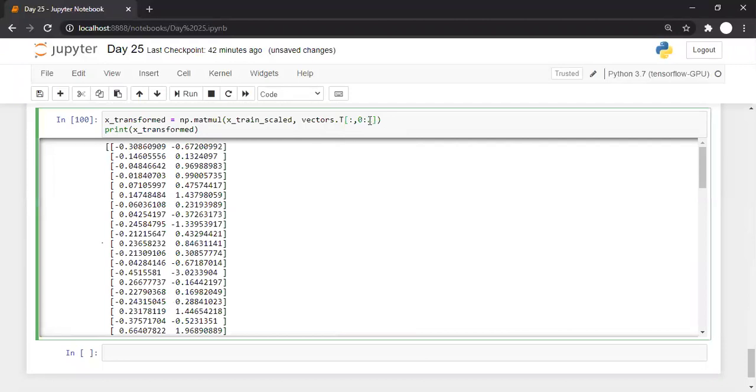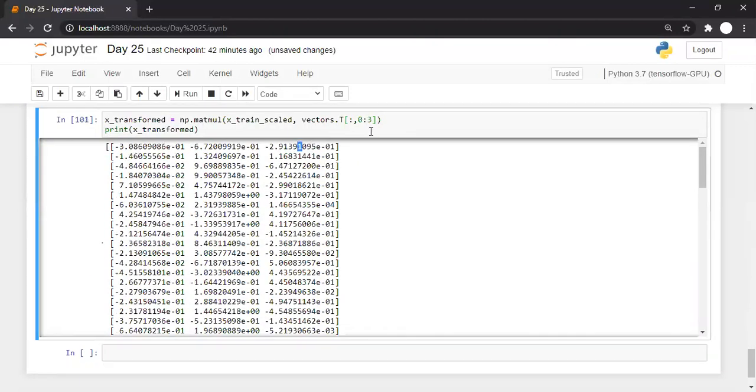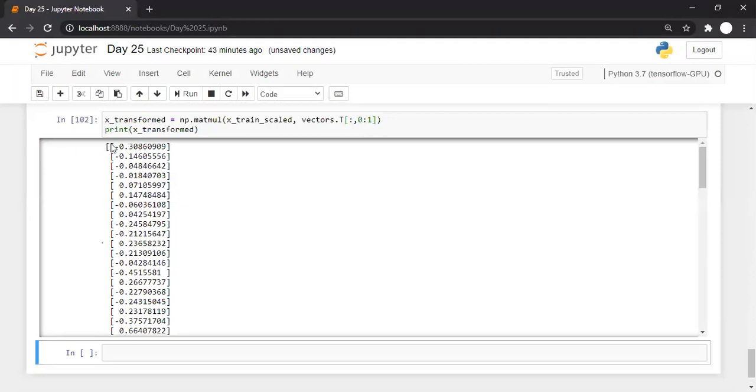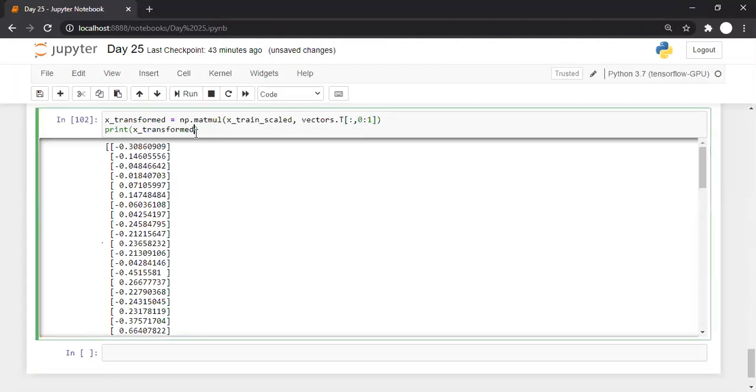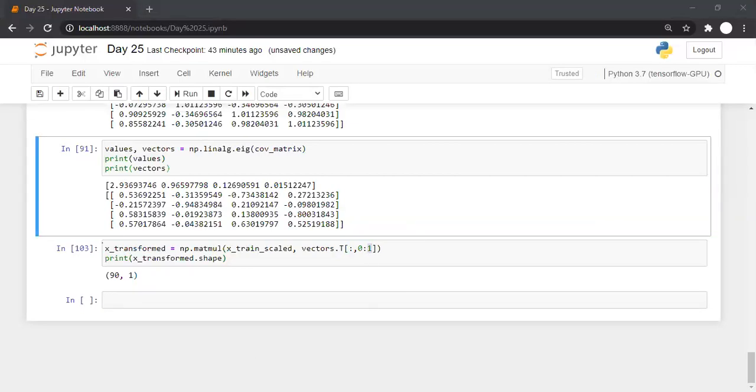If I want 3 most important components, I'll write 3. I'll get 3, 0th, first and second. And if I want only 1, I'll write 1, like this. And if I print the shape, 90 rows and 1 column because I want only one important component and so on. So class, any doubt till this point?